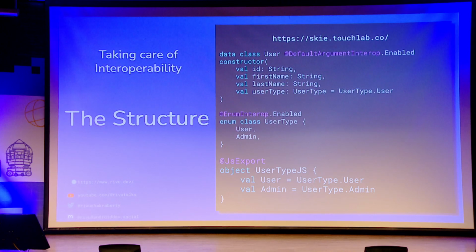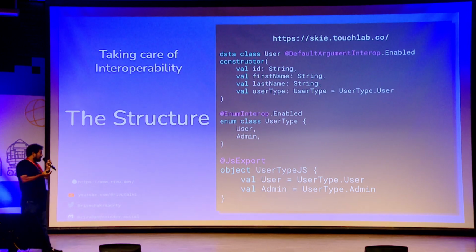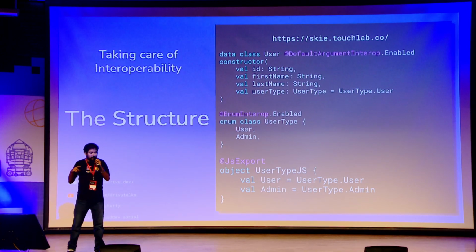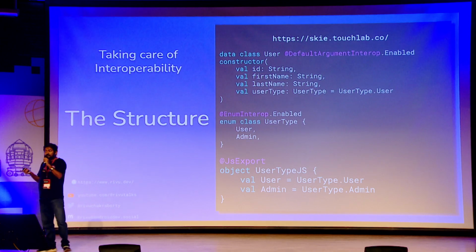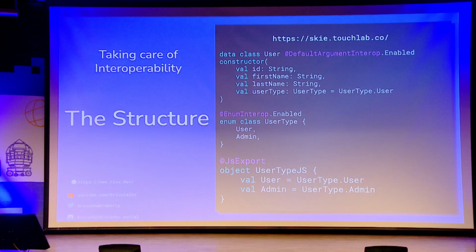Now, at the bottom, there is JS export. So what is JS export? Similarly to how I told you about interoperability issues with Kotlin and Swift, enums also have interoperability issues in JavaScript. So how to solve for that? You can create an object and put properties there, with each property for a different enum value, and then you can use that, like user type JS dot user, as the enum value. So yeah,